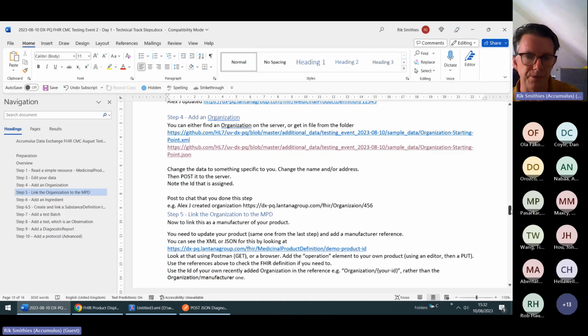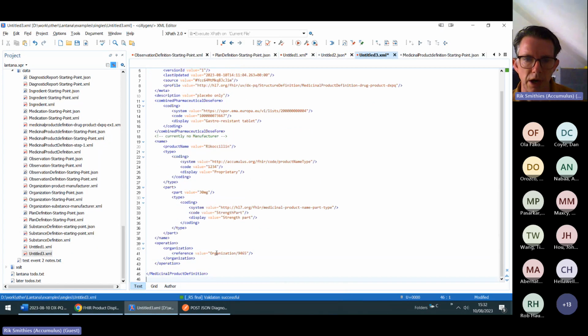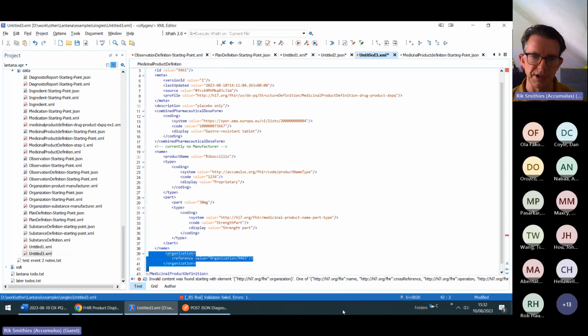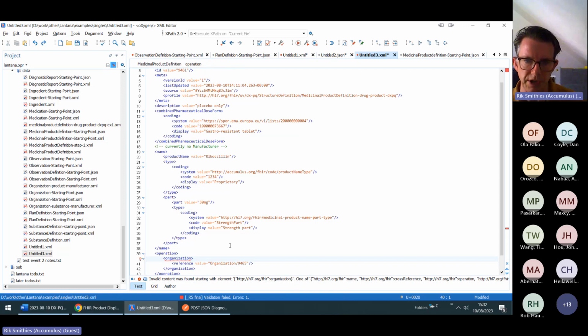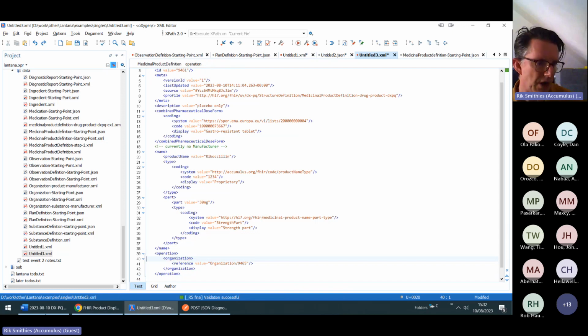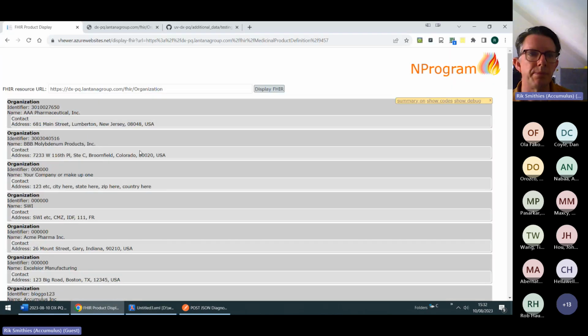The link between a drug and its manufacturer is a bit more complicated than most. Most references are just like that. It just has the name of the thing and then a reference. But this one is a bit more complicated than most. It has a little operation around it. So you can see that by looking at